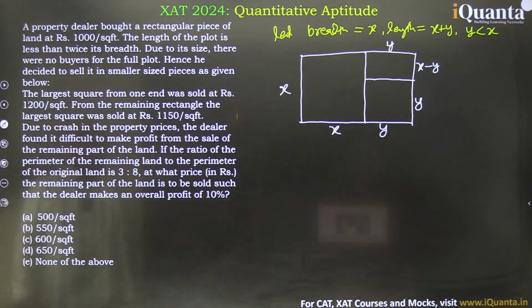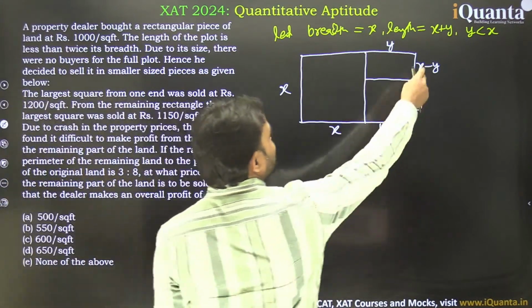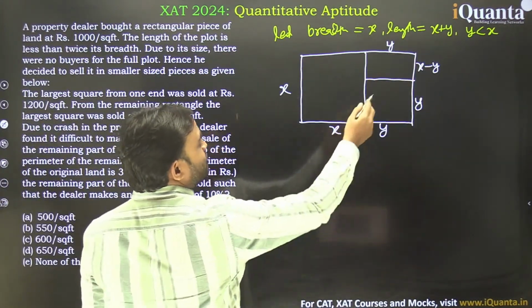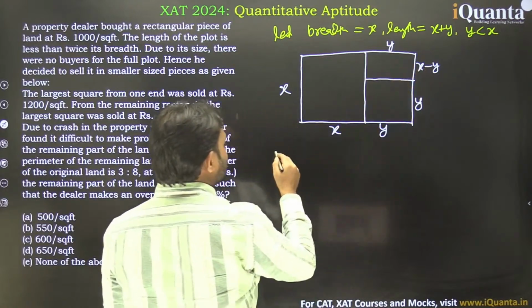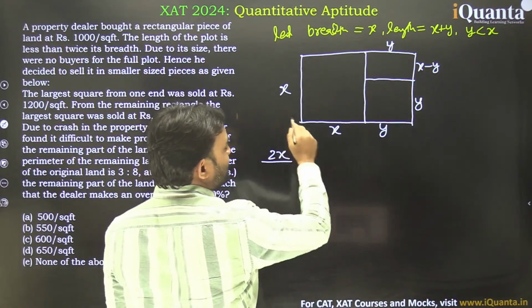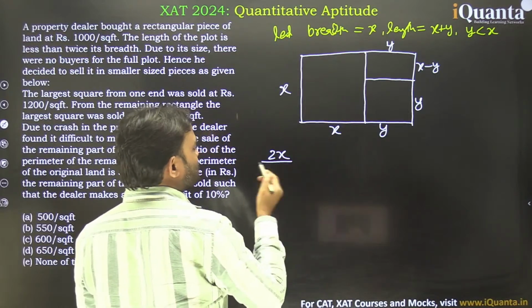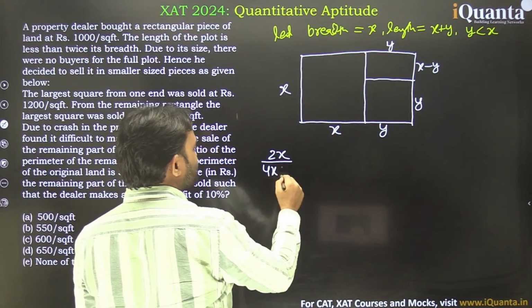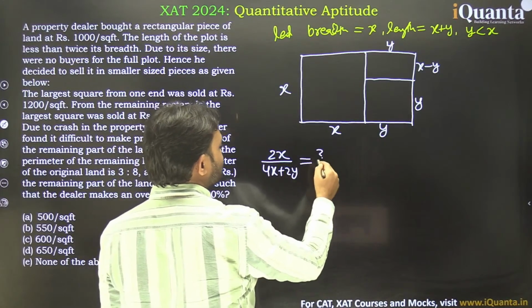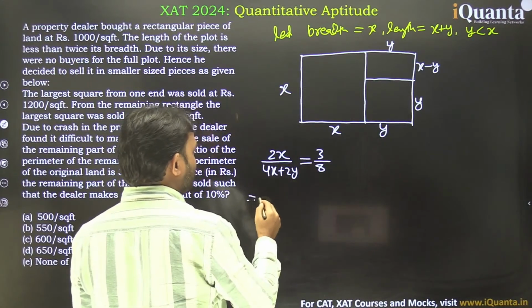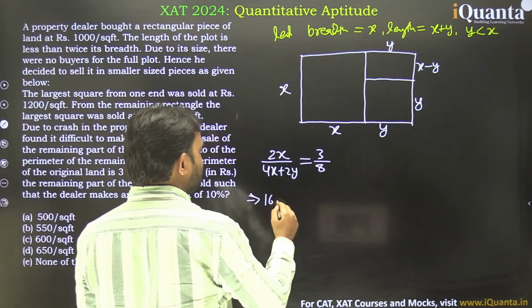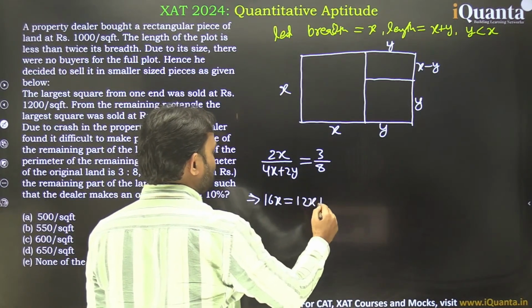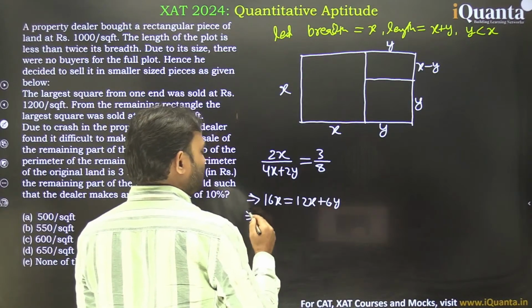Due to a crash in property prices, the dealer found it difficult to make a profit from the sale of the remaining part of the land. If the ratio of the perimeter of the remaining land, this is the remaining land, so what will be the perimeter? It will be 2x divided by the perimeter of this, 2x plus y into 2. So 4x plus 2y, this is given, which is equal to 3 by 8, or we can say this 16x is equal to 12x plus 6y,